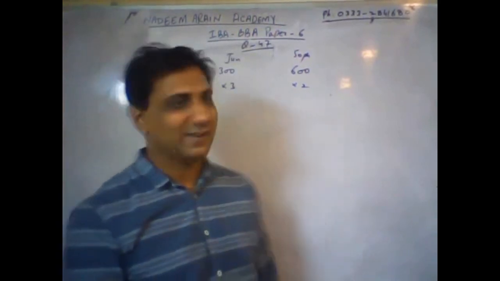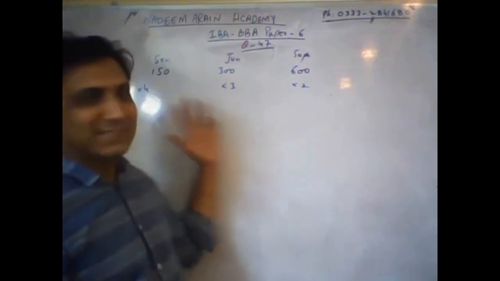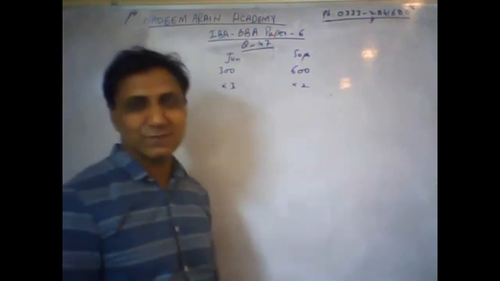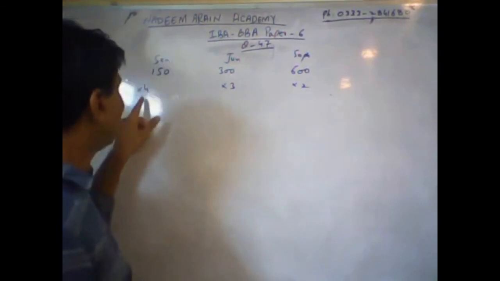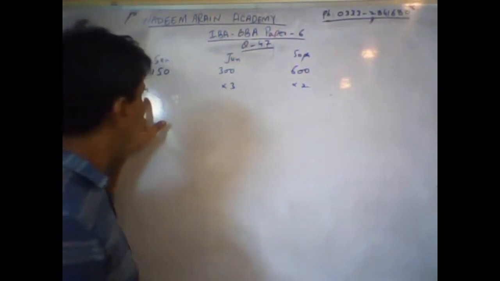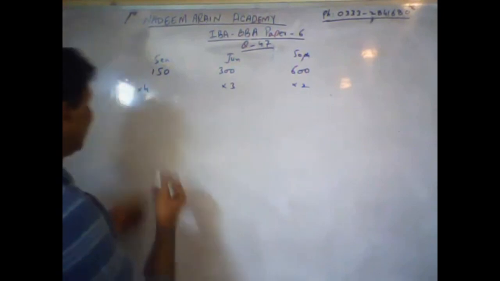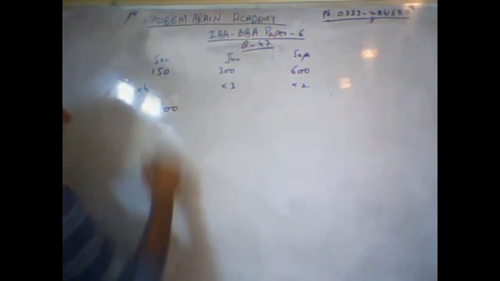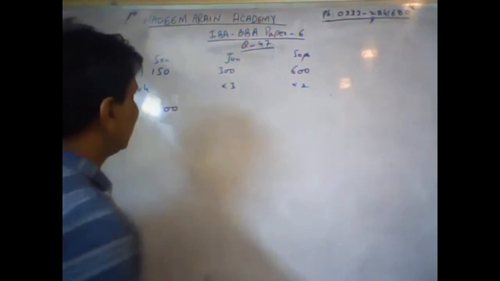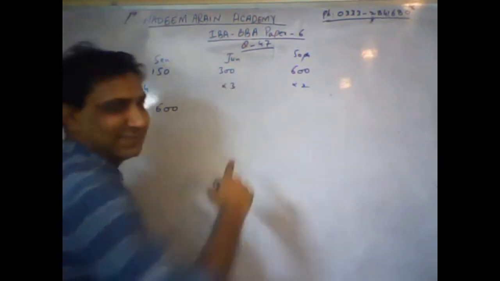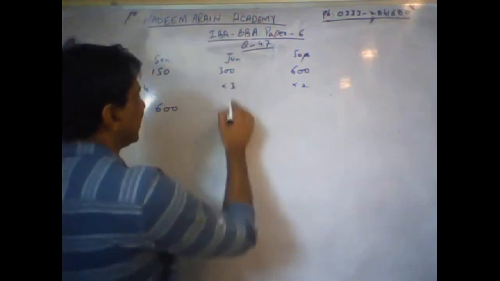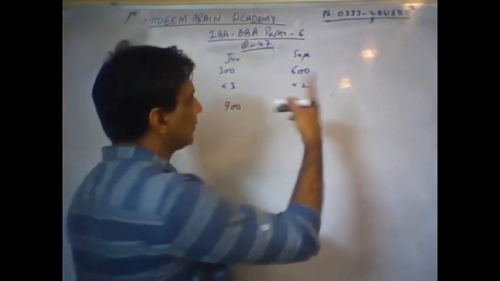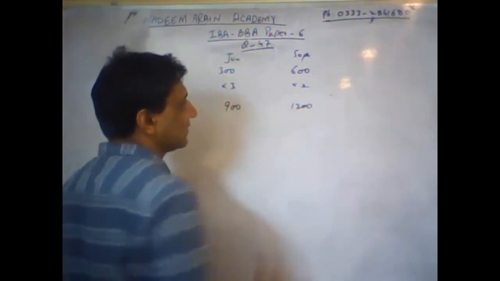Hello students, question number 47 from IBA past paper 6. We are nearing the end. There's a lottery. There are 150 seniors, 300 juniors, and 600 sophomores. You are putting in 4 tickets for each senior, so there will be 150 times 4, 600 tickets for the seniors. You are putting 3 tickets for each junior, so 900 tickets will be for juniors. And you are putting 2 tickets for each sophomore, so there will be 1200 tickets for sophomores.